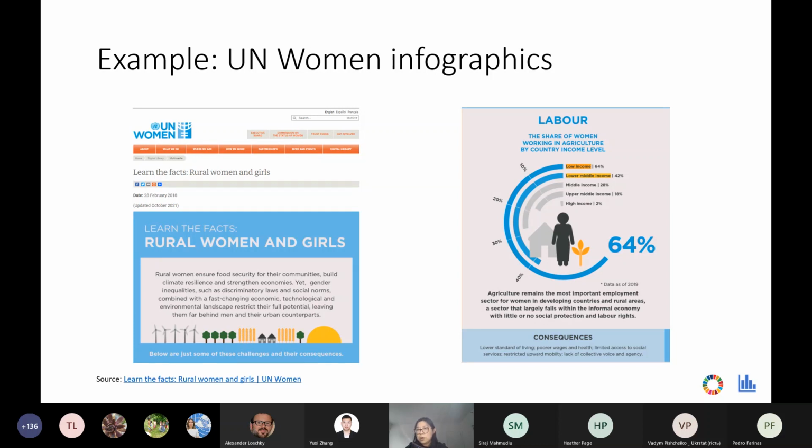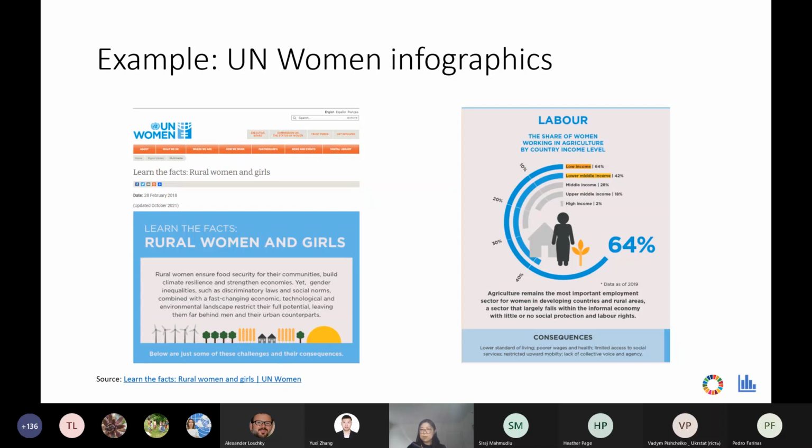So it is not only showing the results of data analysis, all the numbers, 64% and some other numbers. It also shows the consequences of how women being tied up to rural work is impacting their lives. So this is a more compelling data story. It not only helps people to know the numbers, but also know the meaning of numbers. So this shows the mindset change, how the mindset change can drive people to develop totally different data stories.